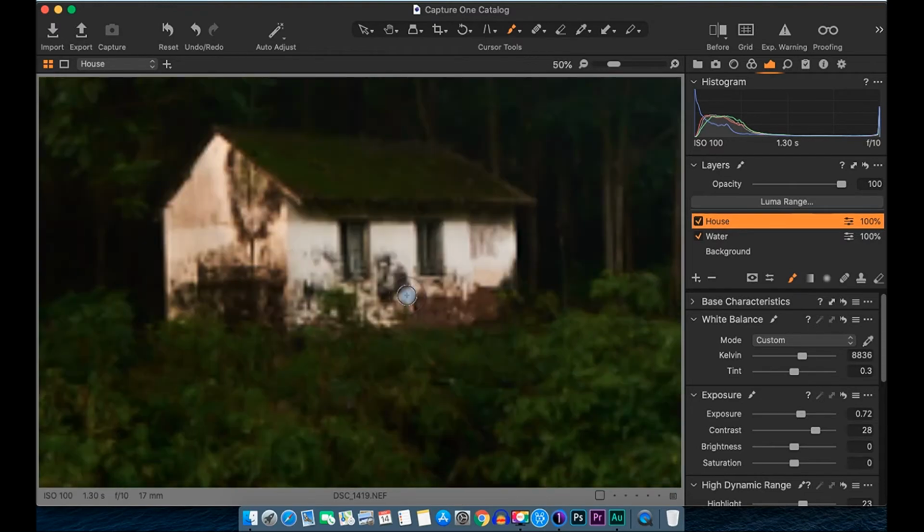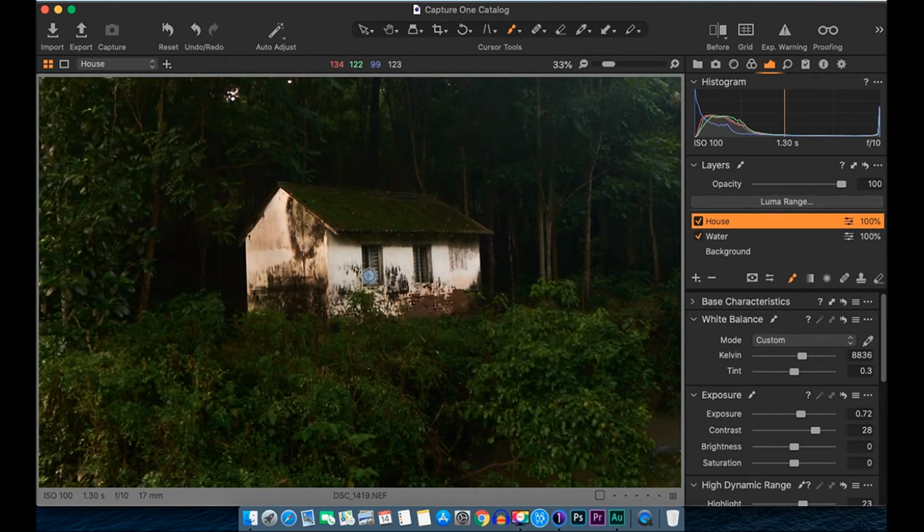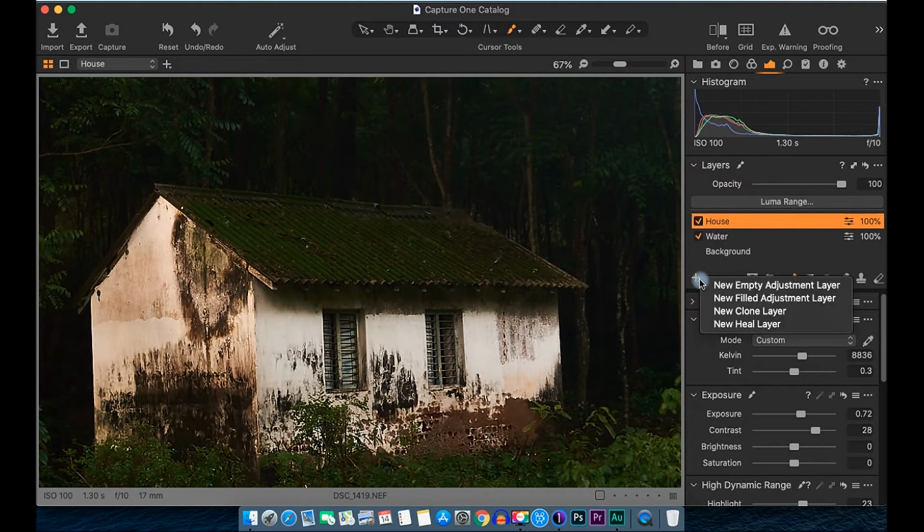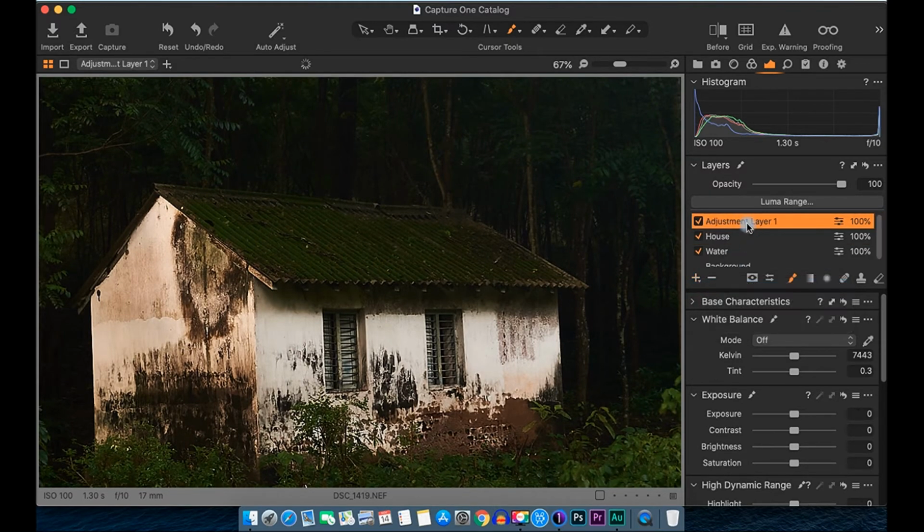Now let us work on the house roof. We'll zoom in quite a bit. One more empty layer, and we will call this roof.